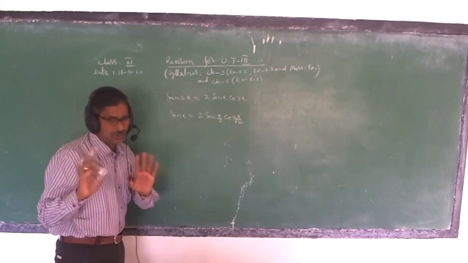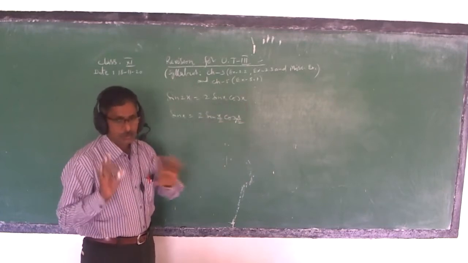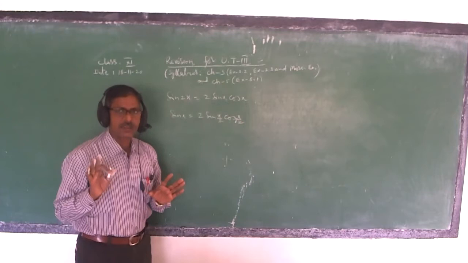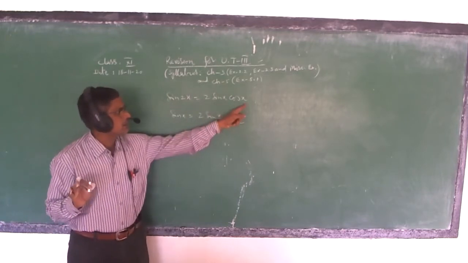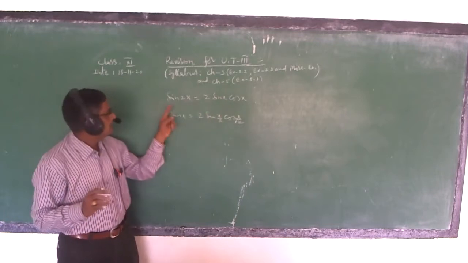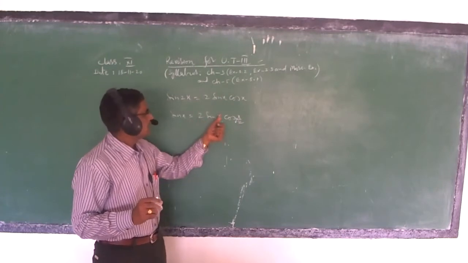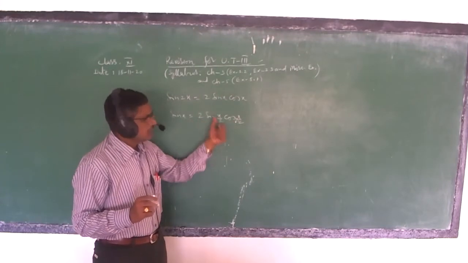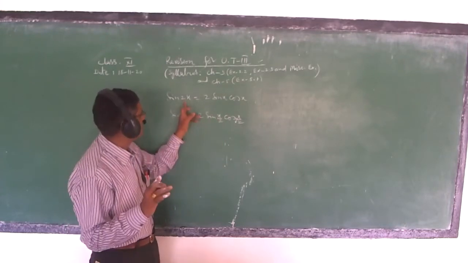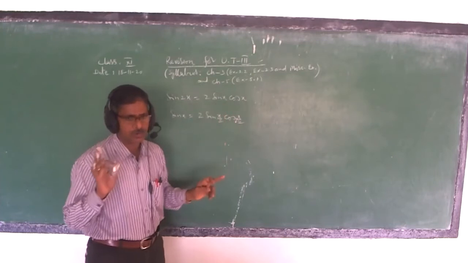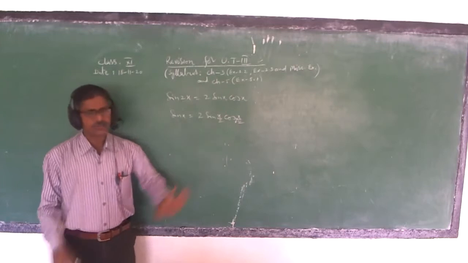But this does not mean that this 2 comes here and here. You remember it very well. This is very important to understand. So this 2 does not come here and here under x. When 2 is missing here, then on the right hand side we have to write 2 under each x. But that does not mean that this 2 comes here. Very, very important to remember. Don't misunderstand, right? So this is the sin x formula.